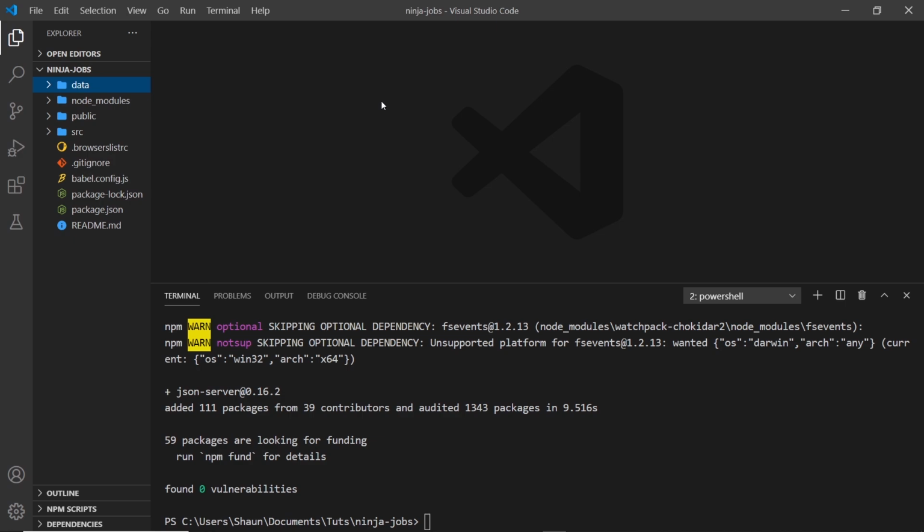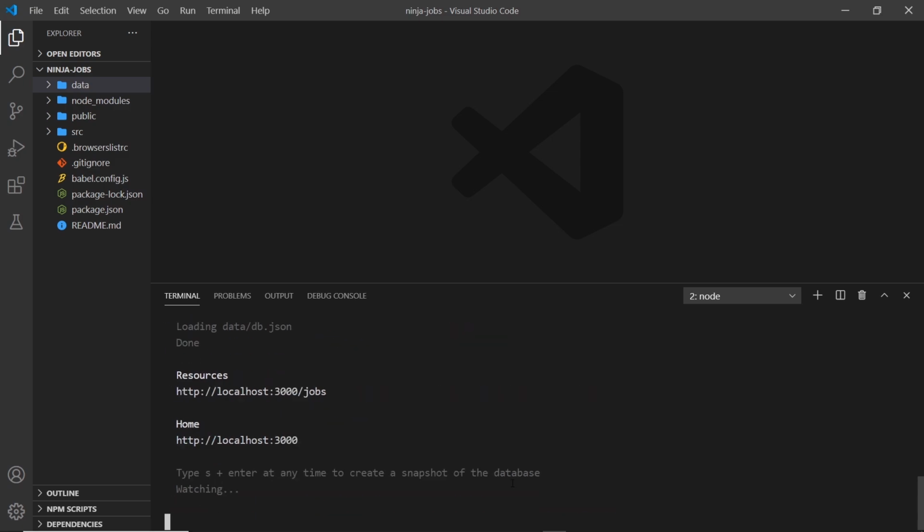So how do we actually use this to watch a file? Well, it's pretty simple. All we need to do is come down here in the terminal and say JSON server, like so, space, and then --watch to watch a file, and then the name of the file, the path to the file. Now, in our case, that's in the data folder /db.json. So I'm going to press enter,